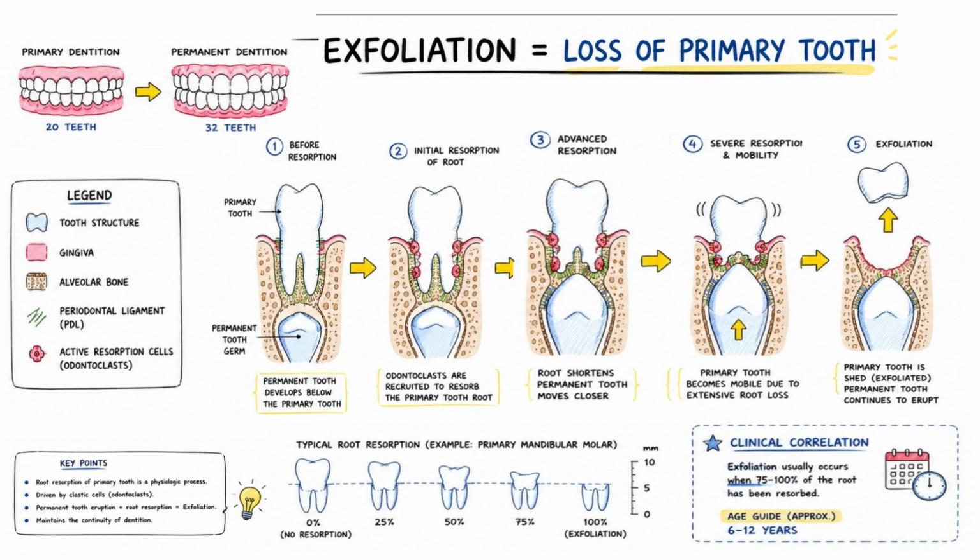At the same time, the erupting permanent tooth continues moving toward the oral cavity, replacing the primary tooth in its normal position. Eventually, almost the entire root disappears. The primary tooth falls out naturally, and the permanent tooth erupts into the space. This well-coordinated process ensures a smooth transition from the primary dentition to the permanent dentition, allowing normal growth and development